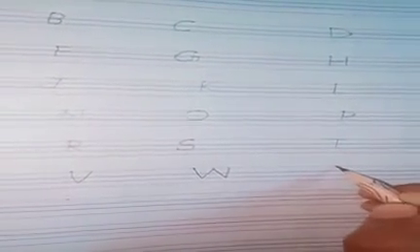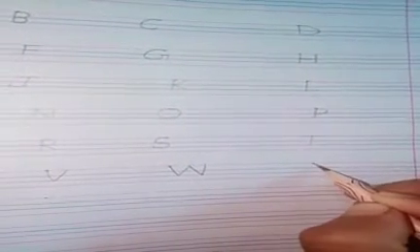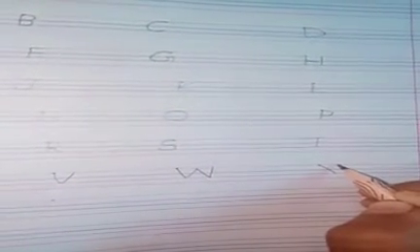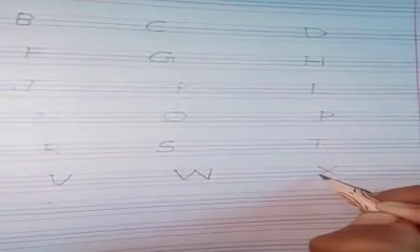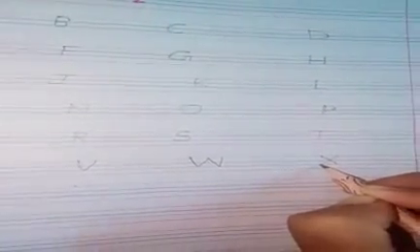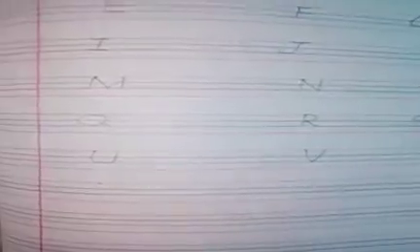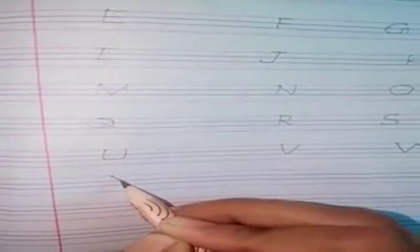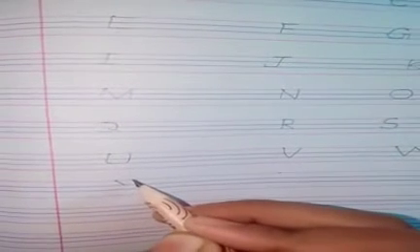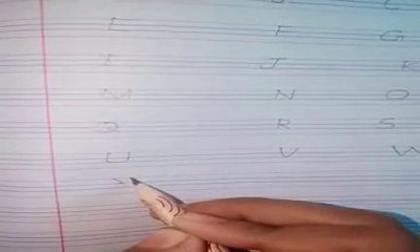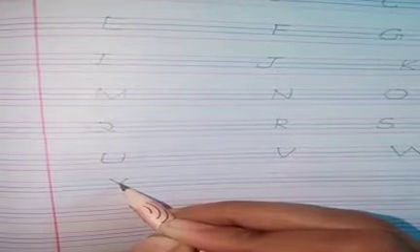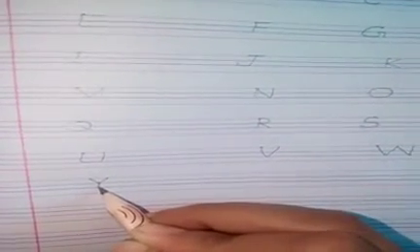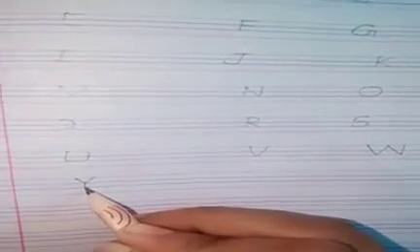W after X. Draw a standing line down to the right like this, go back to the top, and draw a slanting line to the other side like this. This is capital X. X after Y. Make a slanting line down like this to the middle, go back to the top, make a slanting line down to the left, draw a slanting line to the bottom. This is capital Y like this.